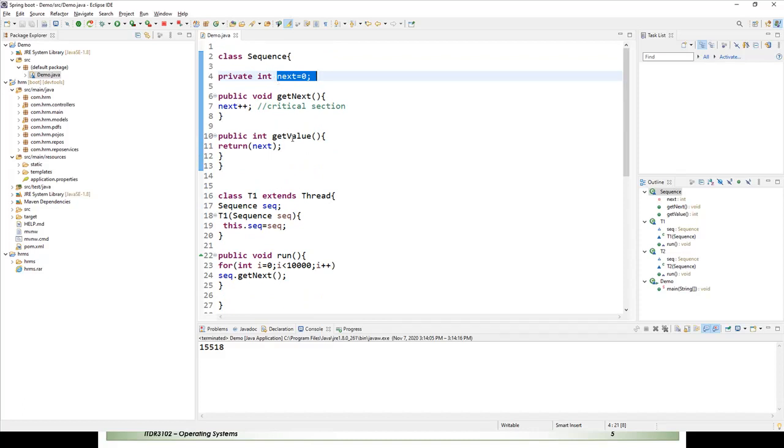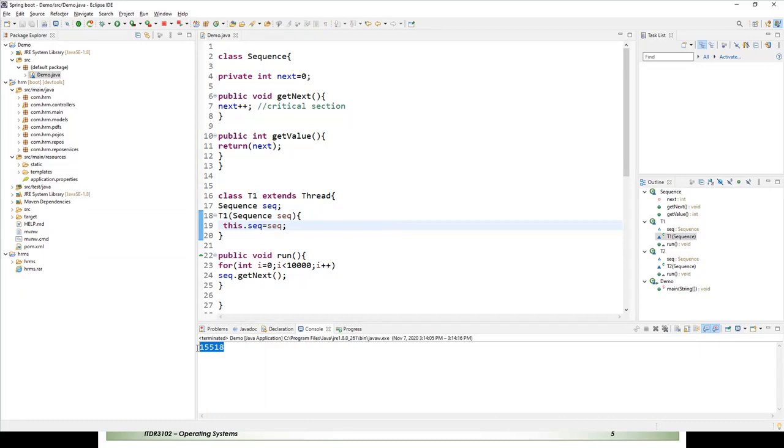Now why exactly this race condition problem is coming, we will discuss in depth. You have seen practically what a race condition is. The actual result should be 20,000, but what we get is 15,518. We will solve this problem a little later in the same lecture.